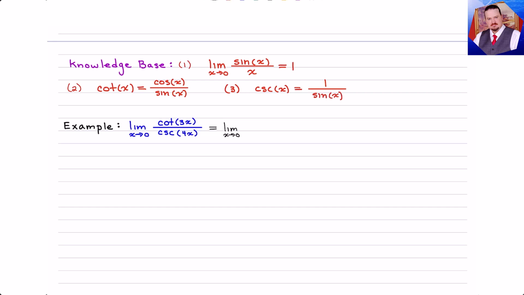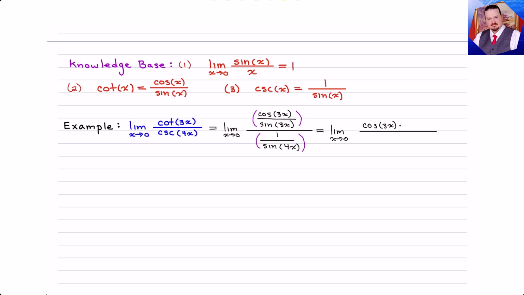And again, we're going to have a complex fraction. So what's the numerator? Well, it's cosine of 3x over sine of 3x, and the denominator is 1 over the sine of 4x. Again, certainly being a little bit more correct, putting in our parentheses. All right, now let's simplify this algebraically. Cosine